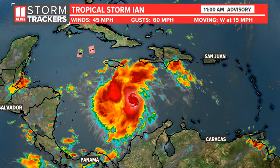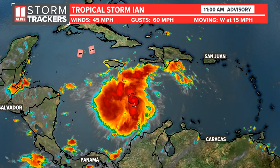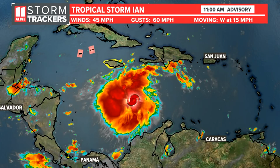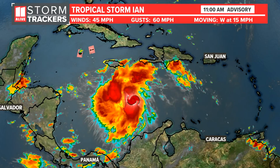I'm meteorologist Melissa Noor. This is an update Saturday midday on Tropical Storm Ian and what else is happening in the tropics. Let me show you the latest on Ian. This is the 11 o'clock advisory that came in. Winds are 45 miles per hour with gusts to 60, moving west at 15. Hurricane hunters did investigate it this morning, and they have several more missions scheduled throughout the